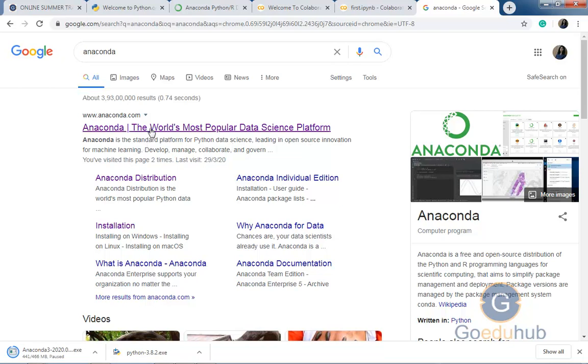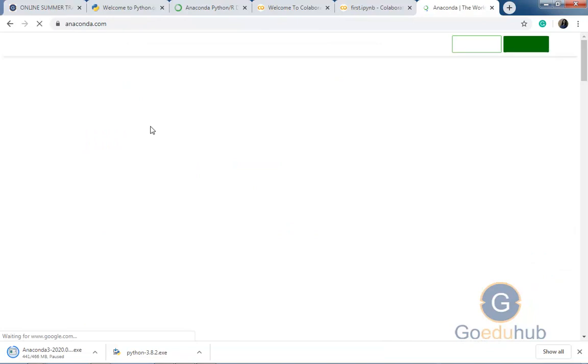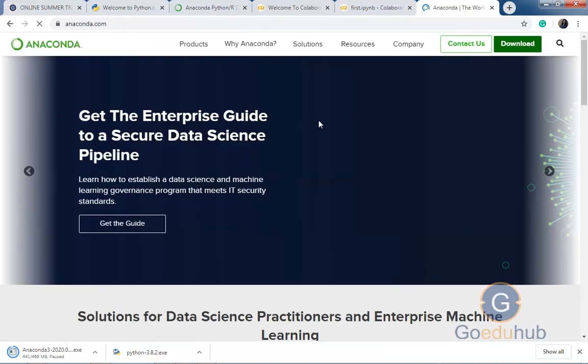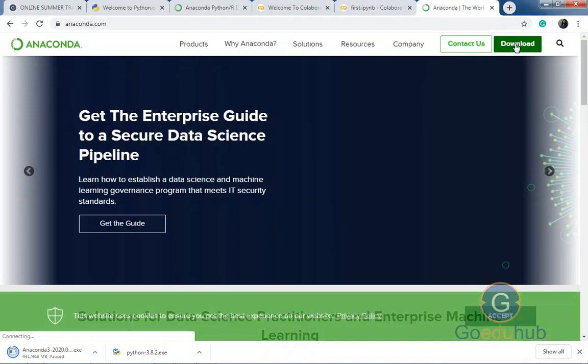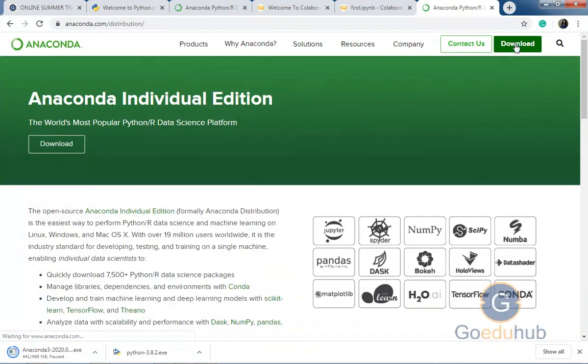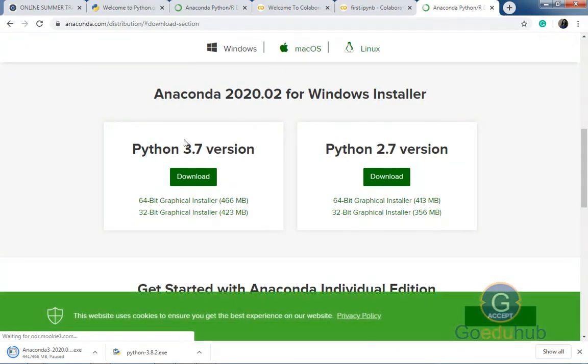Okay, you can click here, and here you can see the download button. Go to download, and here you can select your operating system like Windows, Mac or Linux.